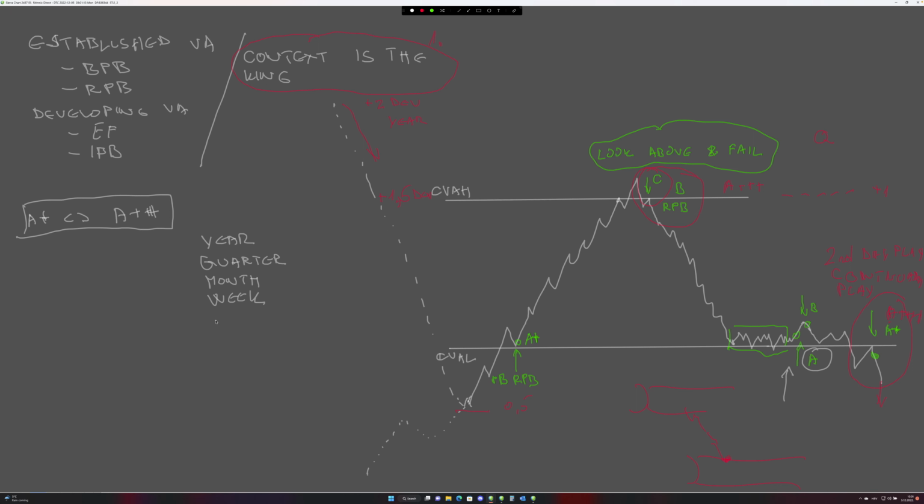Then we have CVA. Then we have the previous day value area. And then we have our developing value area that we are using mostly as a shorter time frame to access. This is actually our trading time frame,